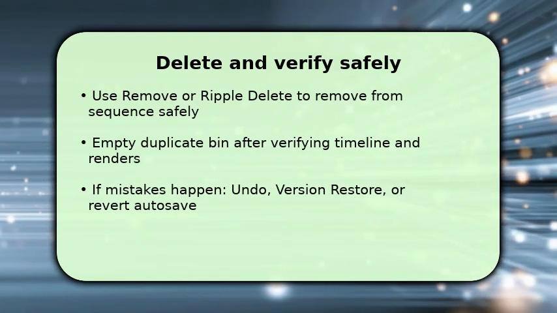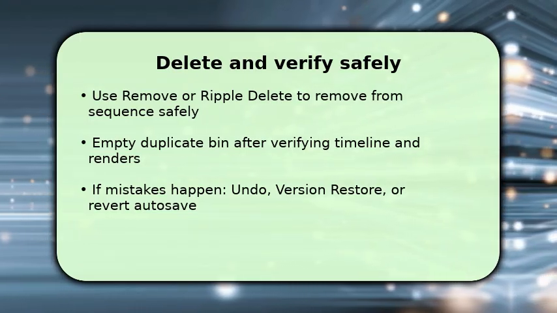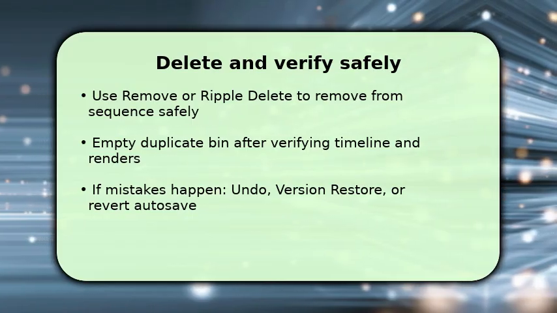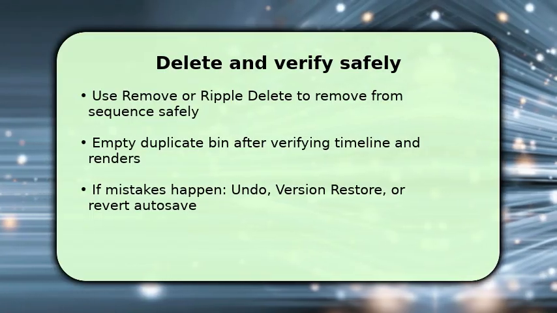Select clips in the duplicate bin or timeline and use remove or ripple delete depending on whether you want gaps closed. Once removed, scrub the sequence and render to confirm all edits play correctly, then empty the bin to free